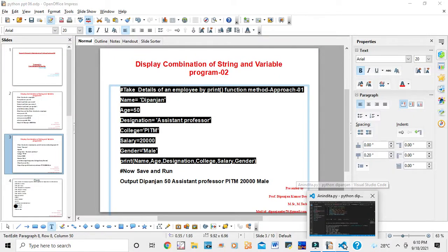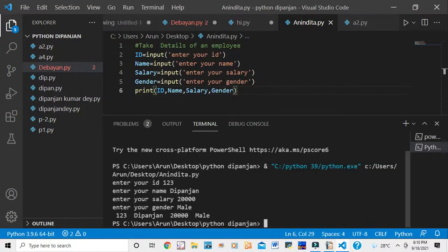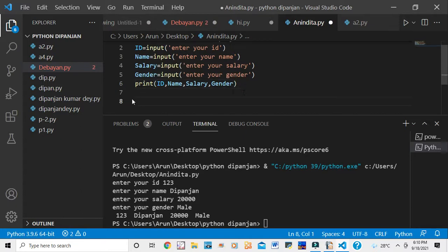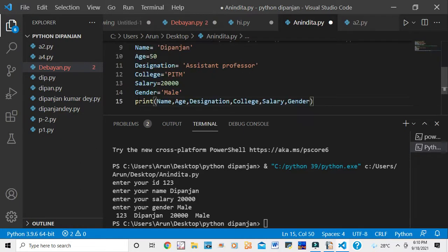This is my VS Code. I want to paste. Control V you can do. This is the program.